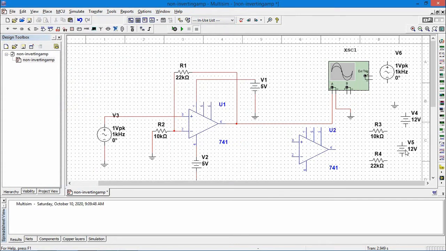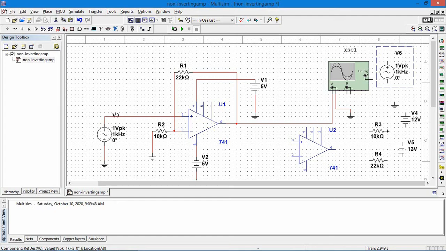After selecting all the components, we place the components. How to drag the component? Just click, right click on that, and place the component at the appropriate position. After placing the components, we have to connect them using a wire. How to get a wire? Take the cursor to the edge of the component, then you get a wire.